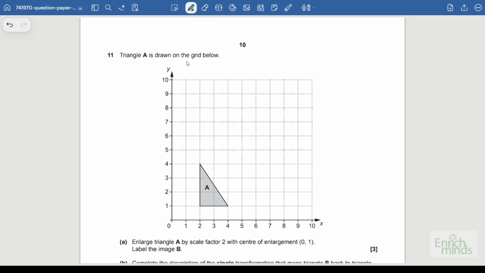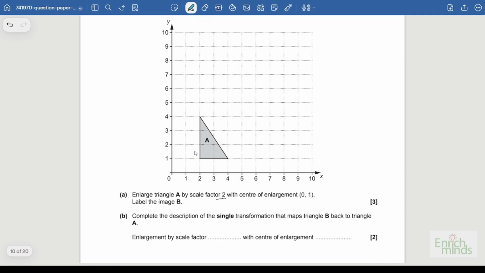The triangle A is drawn on the grid below. Enlarge triangle A by scale factor 2 with center of enlargement 0, 1. Label the image as B. So we need to enlarge this shape by a scale factor of 2. In other words, we have to make a shape which is double in its size. So starting from the center of enlargement, which is 0, 1, that is here, I need to consider each and every point on this shape